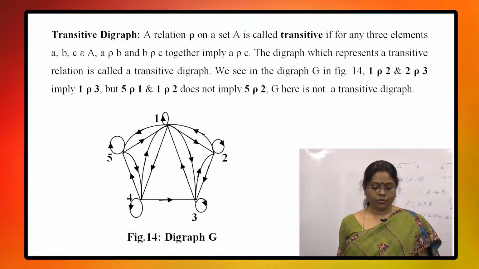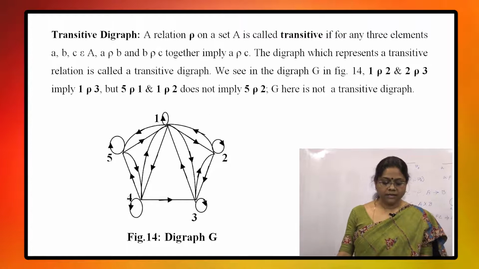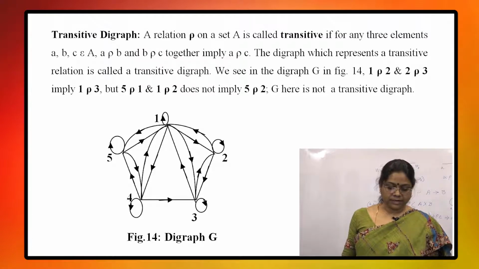So 1 rho 2 and 2 rho 3, and we get 1 rho 3. So here we get a triangle,